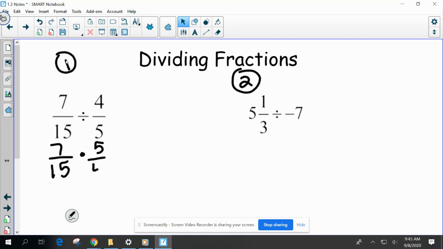So 5 over 4, and then we multiply straight across. So 7 times 5 is 35 over 15 times 4, 60. And then I need to simplify. So I could divide by 5 and get 7 over,